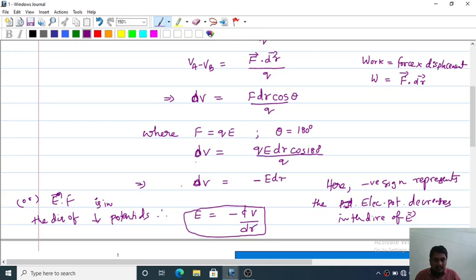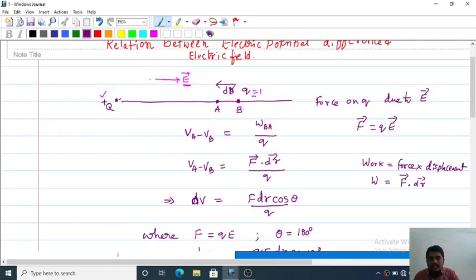If the electric potential is decreasing as you go from right to left, that will be the direction of the electric field. Look at the above figure. Here it is a point charge. A point close to the point charge is at higher potential, and a point farther away will be at lower potential.